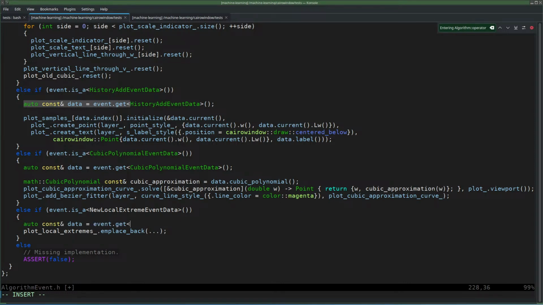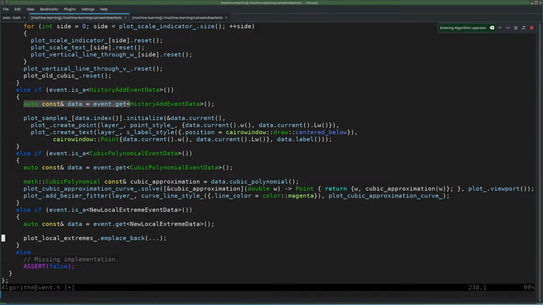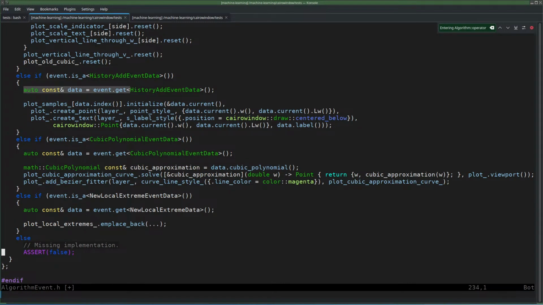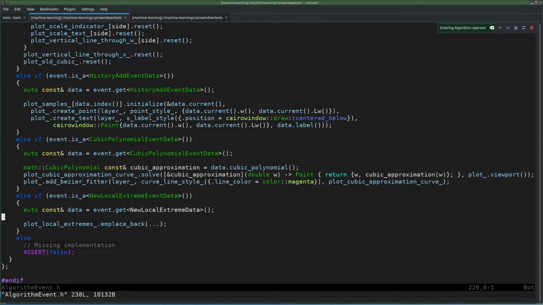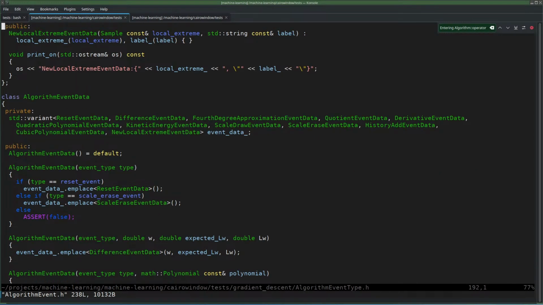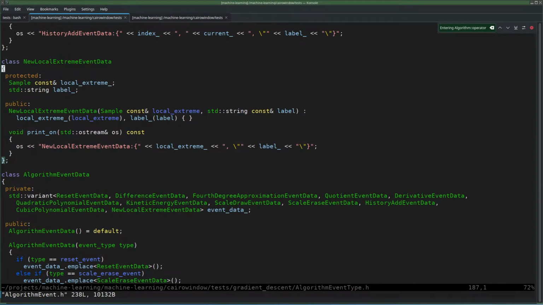The data was a new local extreme data. With a local extreme